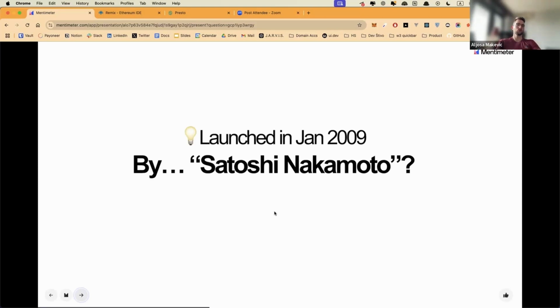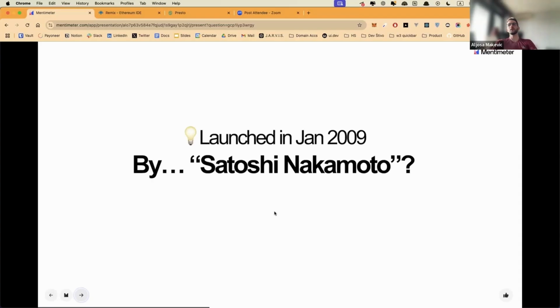It's most likely a pseudonym, and we don't know if it's a guy, a girl, a team, or one person. There are forums where you can track when the person or the team was posting about launching Bitcoin. At one point we lose all trace, and still to this day, we have no idea who's behind Bitcoin.